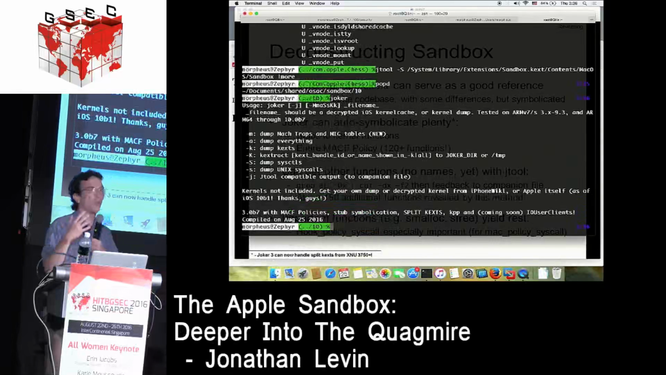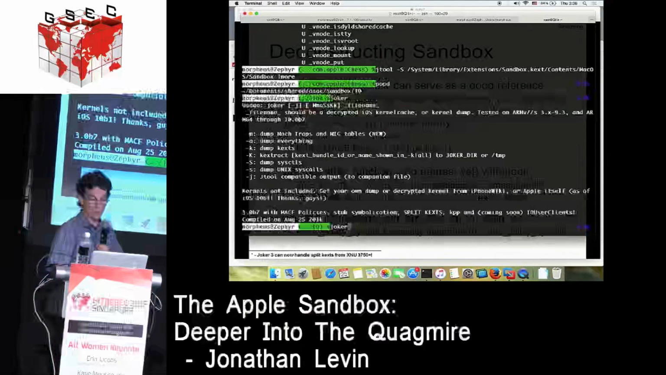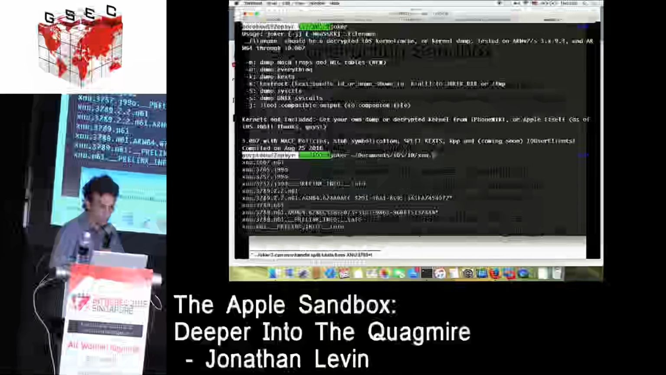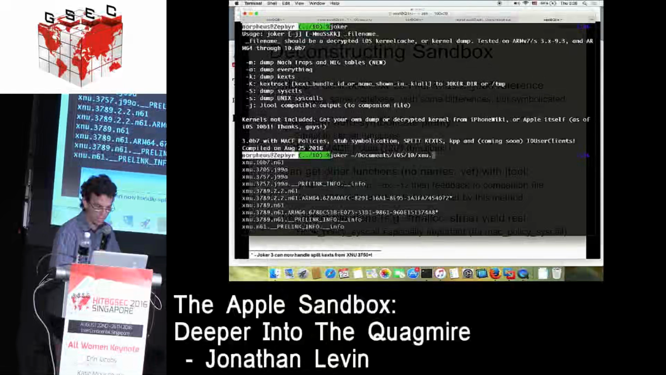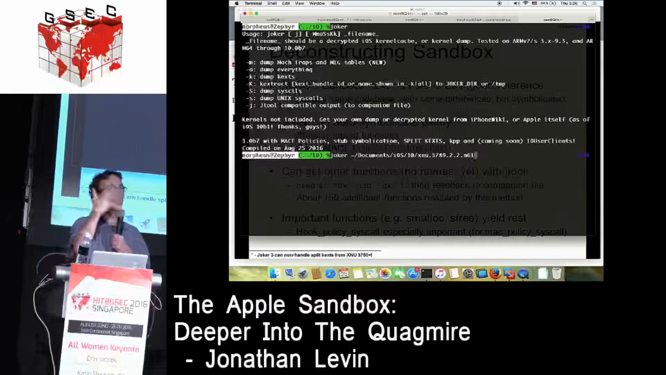And Joker, really, the sole raison d'etre of this tool is to analyze kernel caches. That's why I wrote it. And it's very, very useful, because then you can say, give me, for example, on iOS 10, and then you'd be looking at XNU of whatever version. So XNU's 3789, or actually, let's make it the latest, which is 3789.2.2. And then it depends, of course, on which binary you're looking at, because there are different kernel implementations for